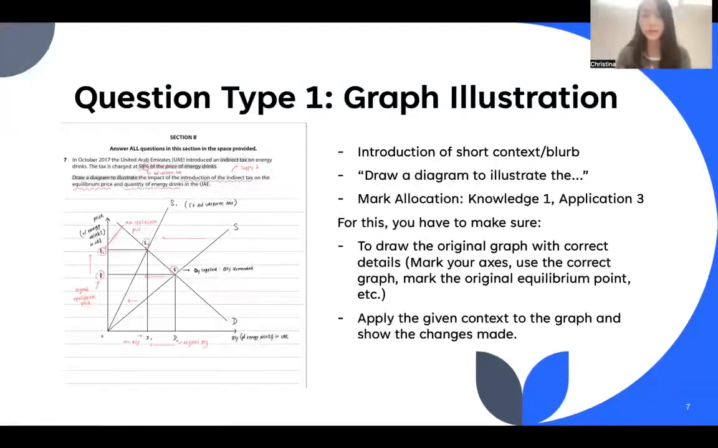So for this, all you have to really make sure is to draw the original graph with correct details, mark your axes, use the correct graph that you are required, and mark the original equilibrium point, right? We have the equilibrium point E, and we have to mark the new equilibrium point that's going to be E1. You can never shift or say the changes. For example, if you have an S-curve originally, you cannot shift it and say that it's the same S-curve, right? You have to say S1, and you have to show that this curve is the result of S, original supply, plus 세금, ad valorem tax, right? So those are the things that you really need to remember. And you have to apply the given context to